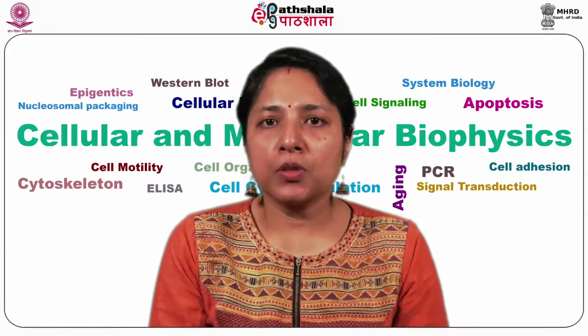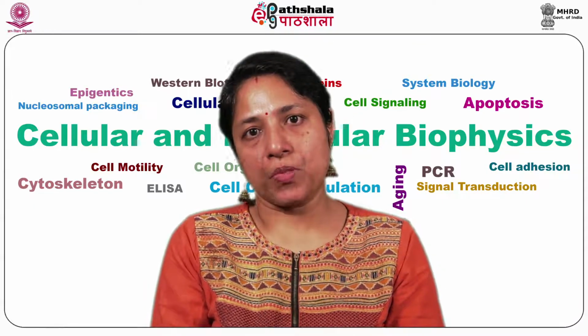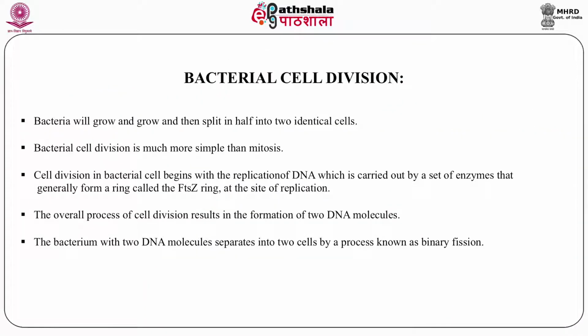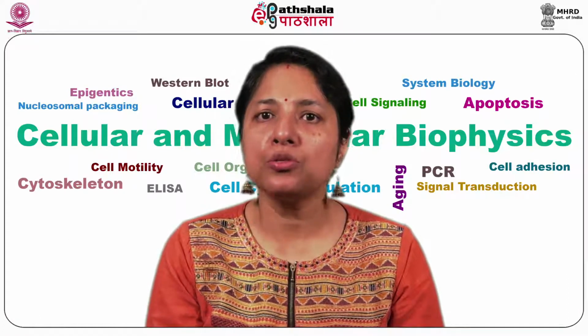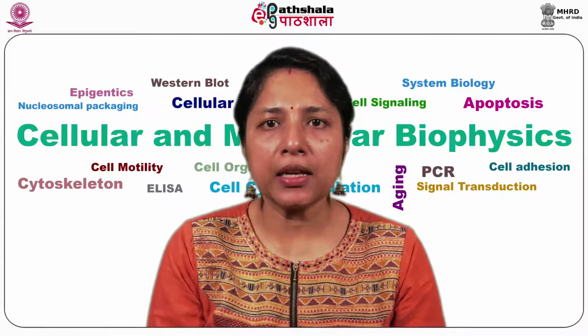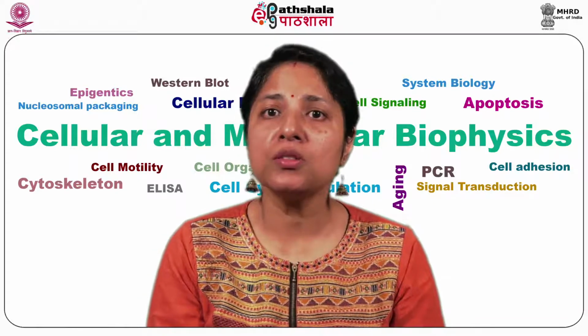Now, the fifth objective, bacterial cell division. Bacterial cell division is called binary fission. Bacteria will grow and then split in half into 2 identical cells. Bacterial cell division is much simpler